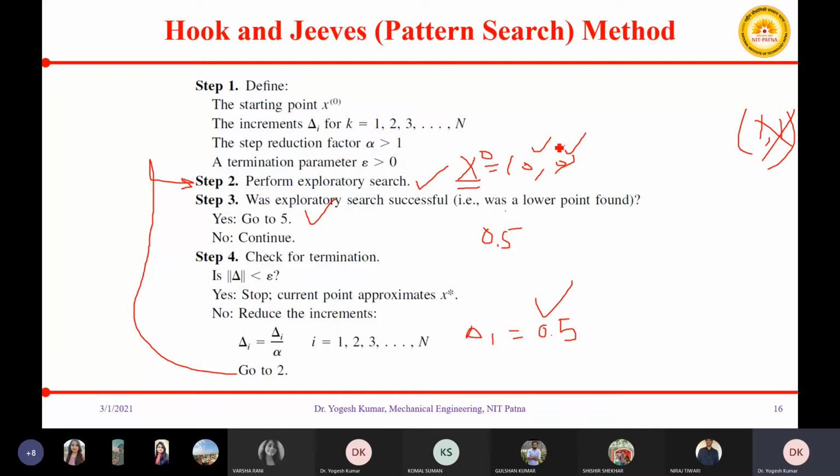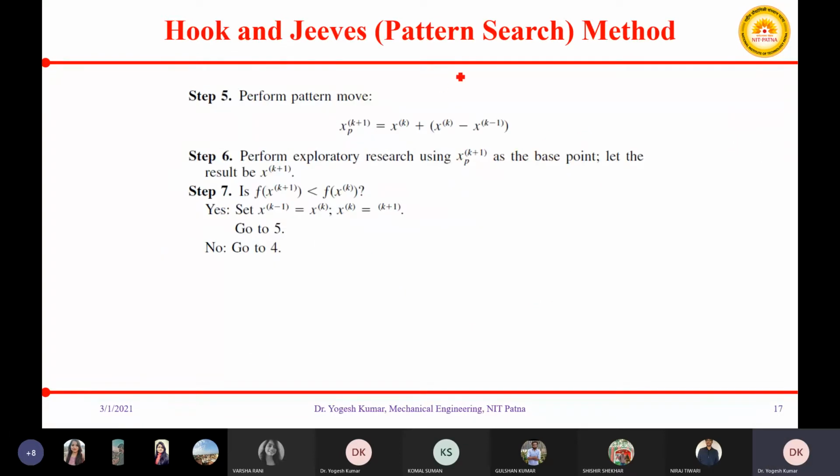Again you will perform step number 3, and you will check whether a lower point is found or not. If your lower point is found, you will say your exploratory search is successful, and in that case you will move to step number 5.